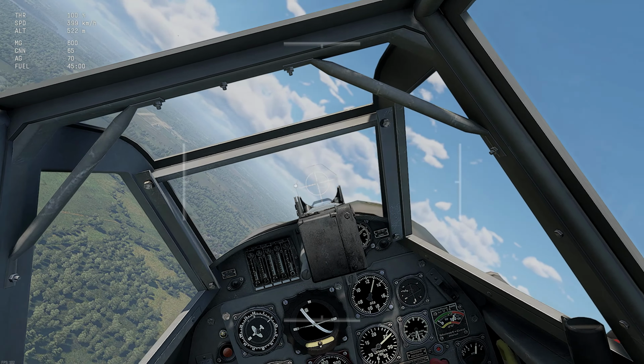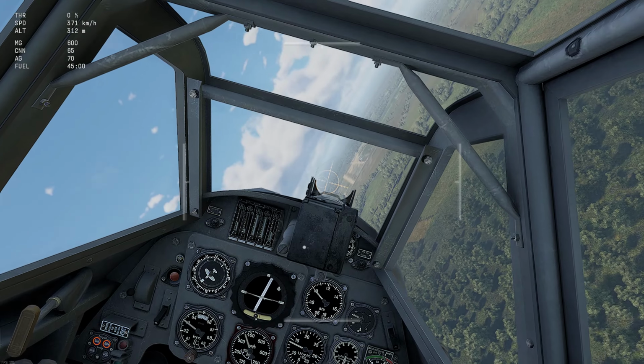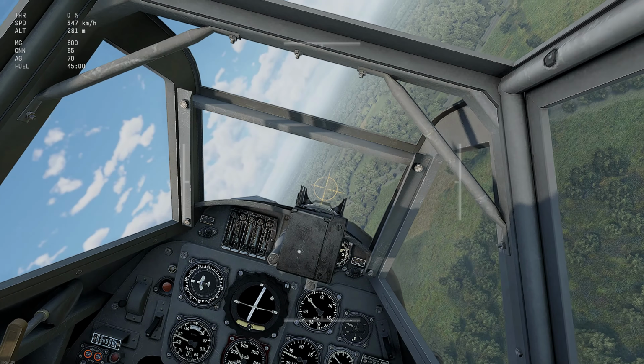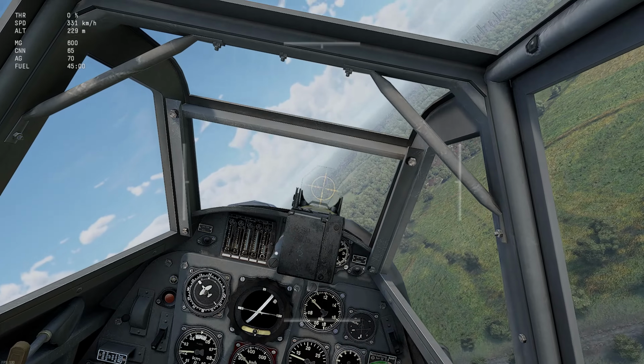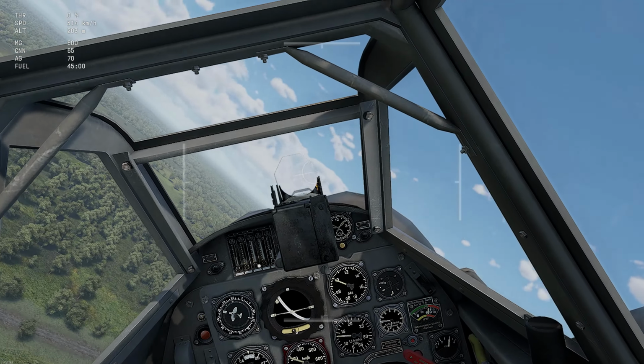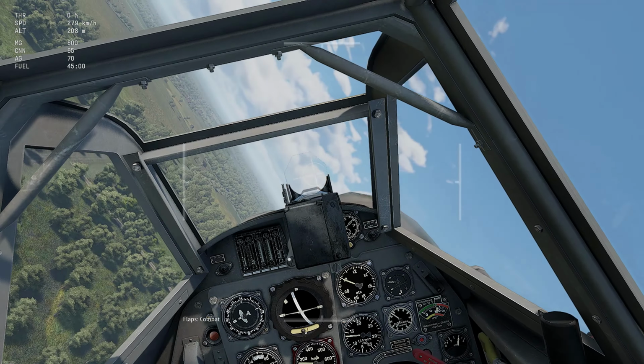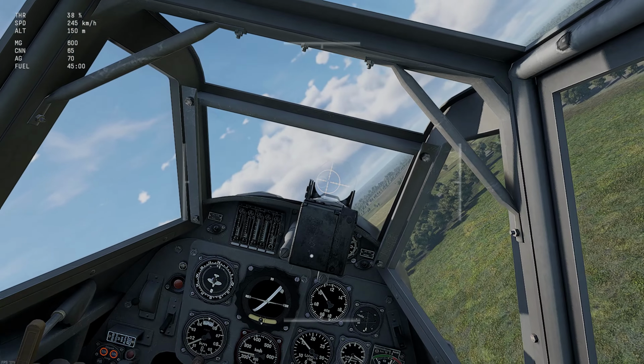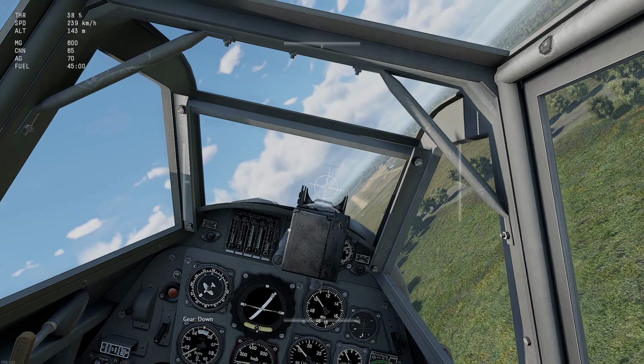Alright, we are going a little bit too fast. 400 kilometers is on the limit of our flaps, so we'll be turning hard to drop the airspeed to around 300 kilometers. And then we'll deploy flaps. And try to maintain the speed a little bit over 200, 250 around is quite good. And we can deploy our gears,